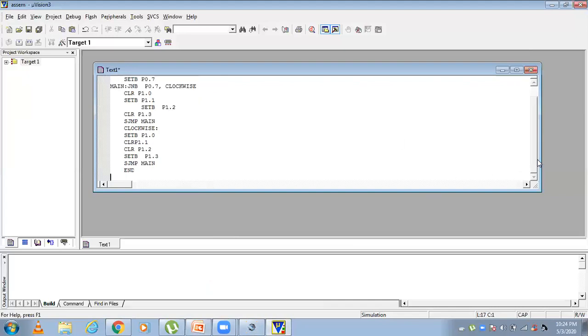According to our convenience, we'll change it: ORG 00H, then jump to main, then ORG 30H.